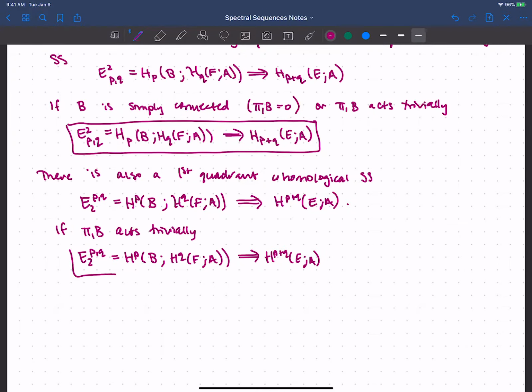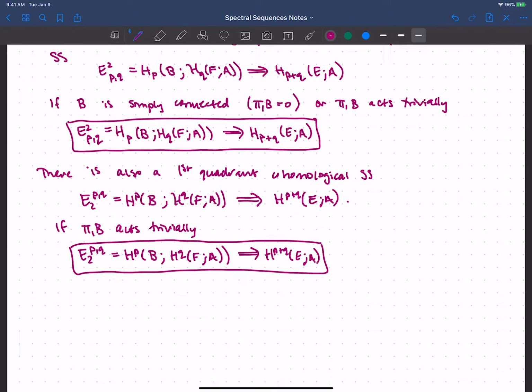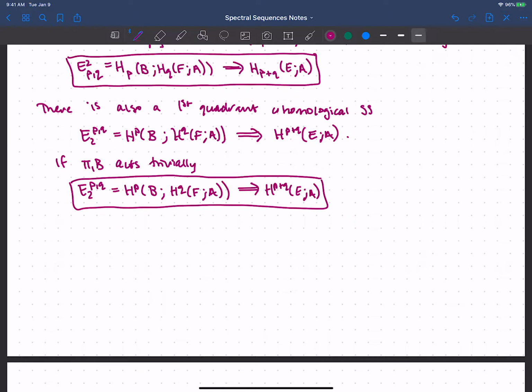Okay. This is really more about my notes and having this for completeness, but a little bit more interestingly, not just the same as the homology version, is that if we also know, whoops,